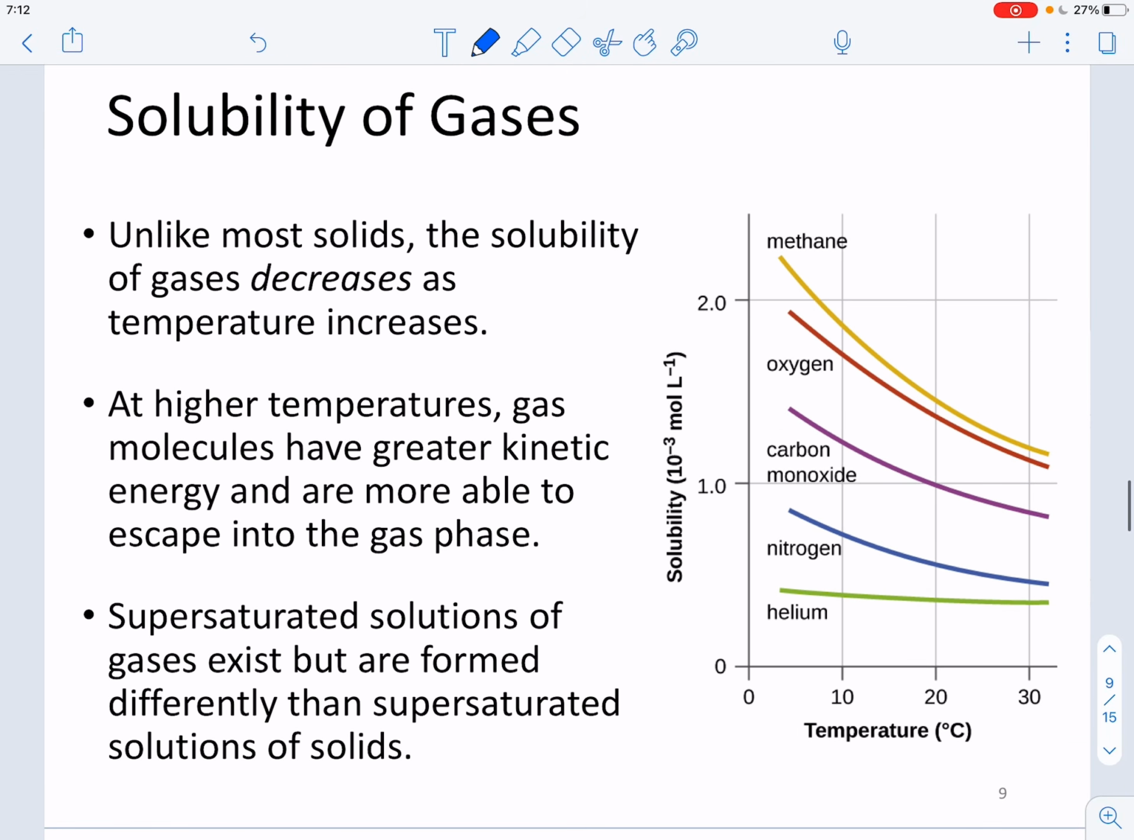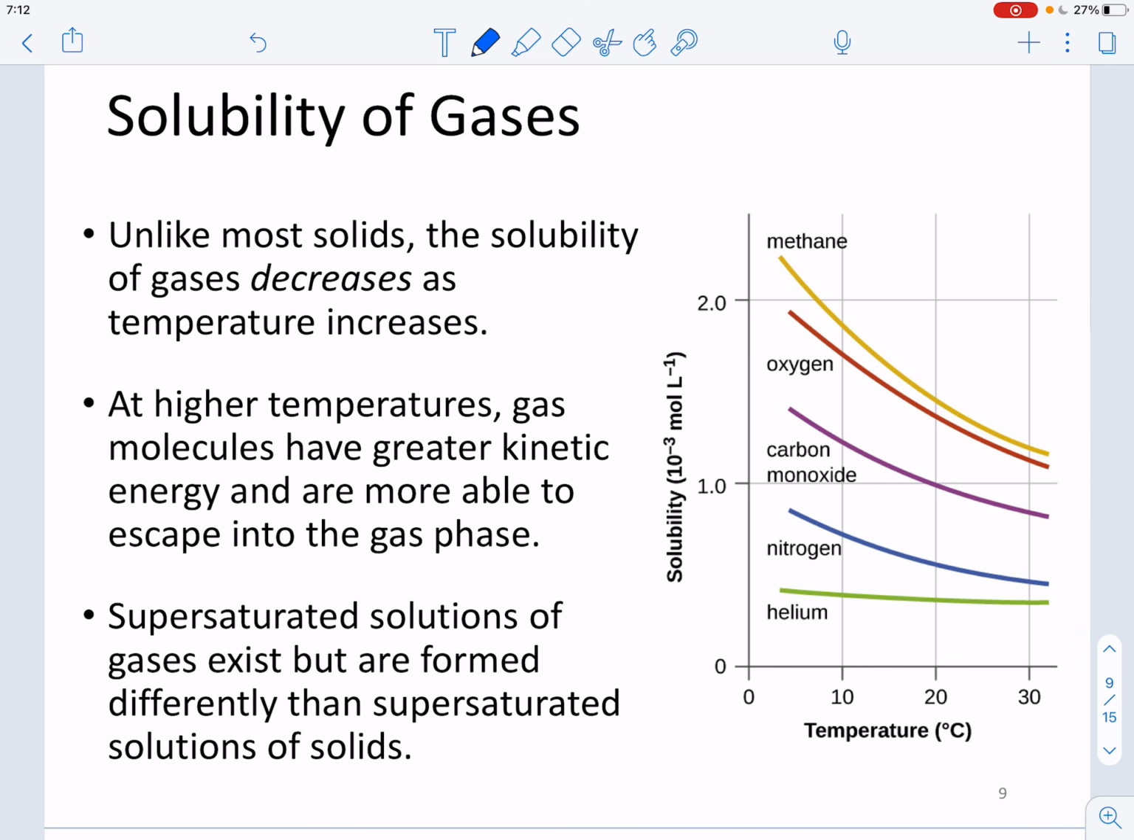Now, when it comes to gases, gases behave a little different than solids, because normally for a solid, not for every solid, but for most solids, if you increase the temperature, you increase the solubility. But with gases, it's the opposite. If you increase the temperature, the solubility of gases will decrease. And why is that? Because remember, gases are all about kinetic energy. The more kinetic energy, the easier it is for the gas, or for the liquid for that matter, to go into the